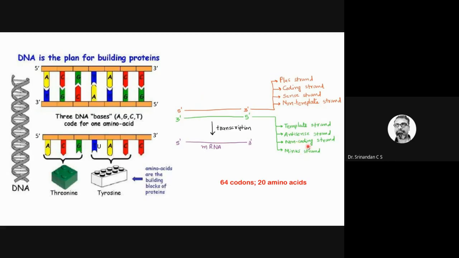Why this is important is that now you all know this. We are having this online class also due to the coronavirus pandemic, which is causing infection. This coronavirus normally has a sense strand, or it is called positive sense, or just a sense strand, or a coding strand, of RNA. Okay, so it has a single-stranded RNA. It does not have a DNA, whereas it has only a single strand of RNA in its genome.